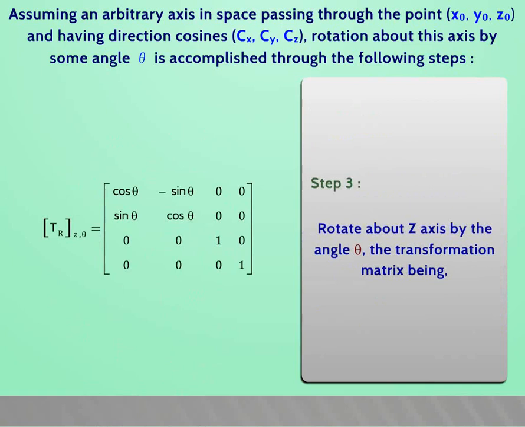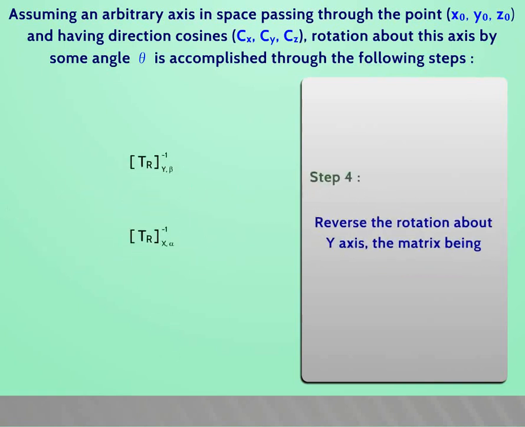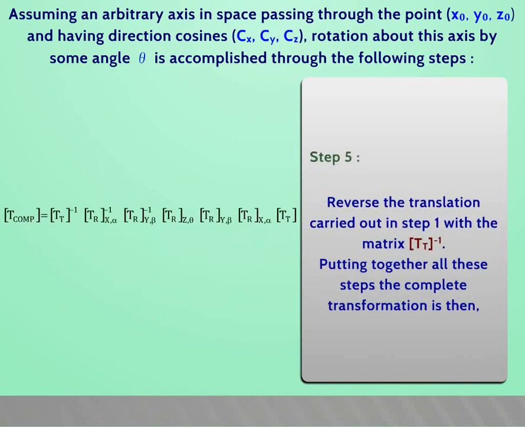Step 3. Rotate about z-axis by the angle theta, the transformation matrix being. Step 4. Reverse the rotation about y-axis, the matrix being Tr to the power minus 1 y beta. Reverse the rotation about x-axis, matrix Tr to the power minus 1 x alpha. Step 5. Reverse the translation carried out in step 1 with the matrix Tt to the power of minus 1. Putting together all these steps, the complete transformation is then